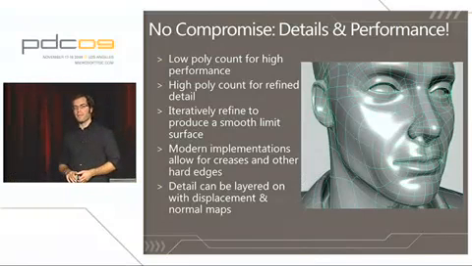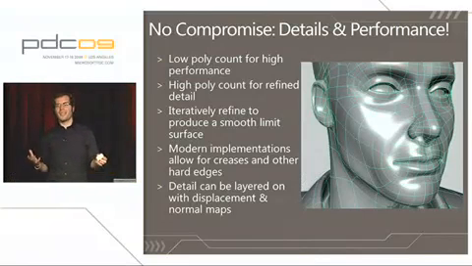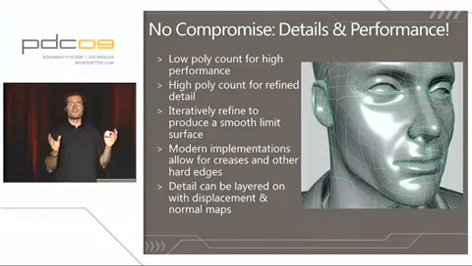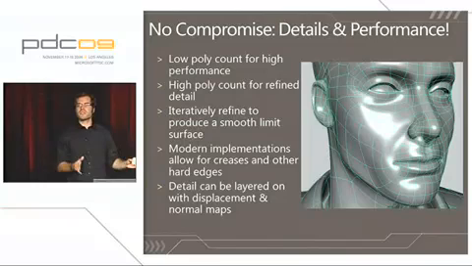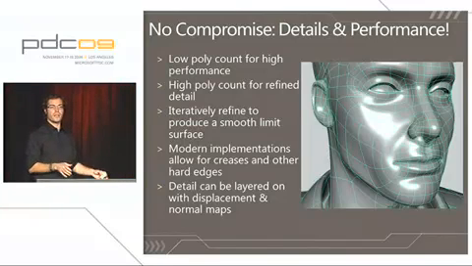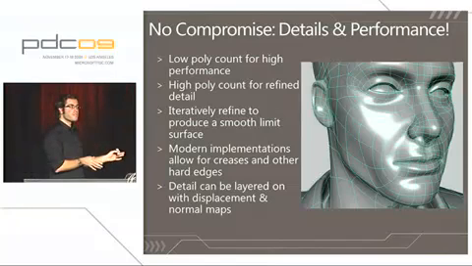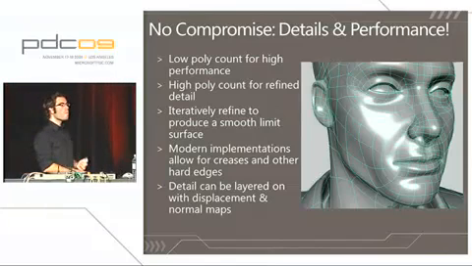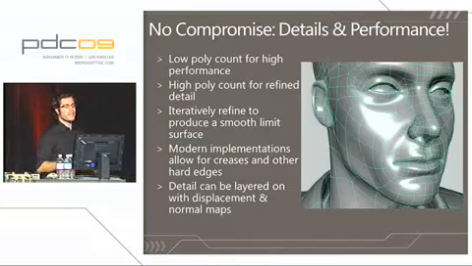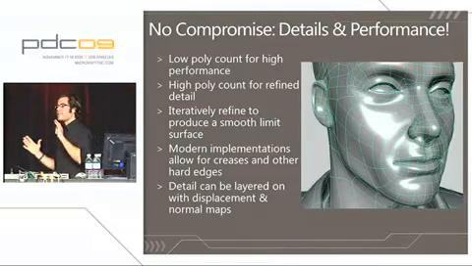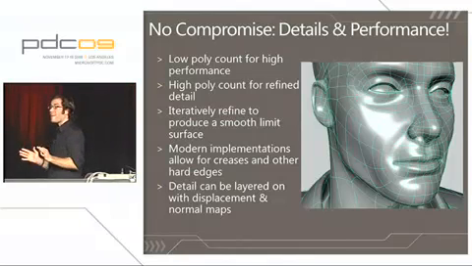With the graphics pipeline, we have these incredibly high-quality assets available now to us, using this hull shader to convert a subdivision surface into something that the GPU can use very, very quickly, say the Bezier patch system that we used earlier for the Mobius strip, to get a low polygon count when we need high performance, to get a high polygon count when we need refined detail, and get performance and quality trade-offs that we could never get before